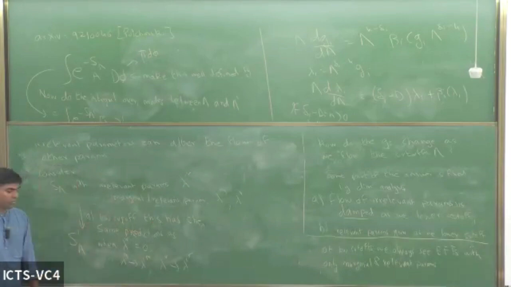So that's something to keep in mind, that it's not that the irrelevant parameters are simply irrelevant, it's rather that their low energy predictions can be captured by another theory where they don't exist, where you set them to 0, provided you modify the relevant and the marginal parameters. Why? It's because of this.